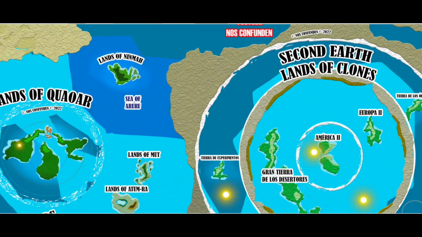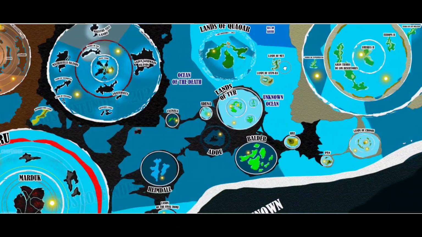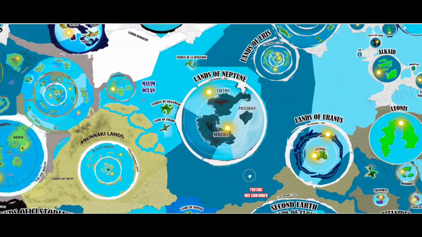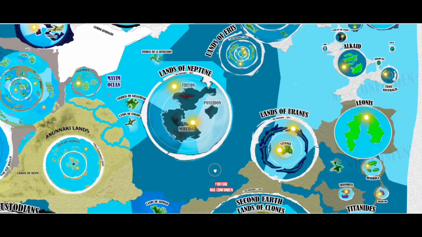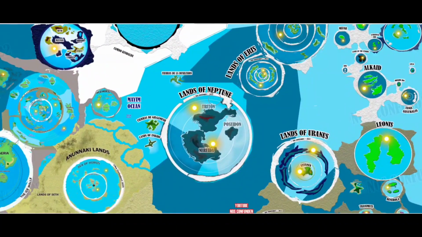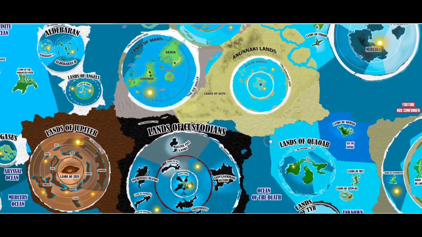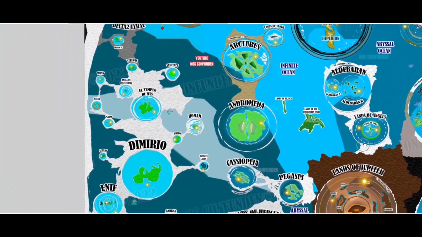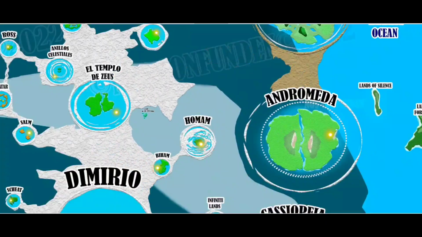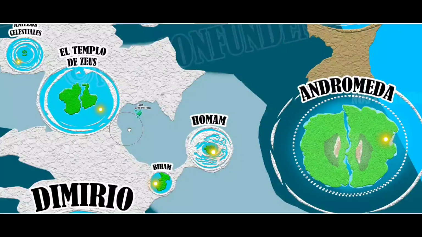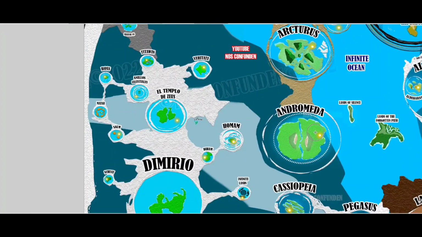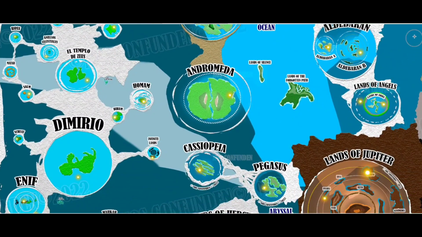This could be the explanation why all the other planes of existence that have to do with the gods seem almost dying. You see these places like the planets of Neptune. I mean, clearly these are supposed to refer to the Greek gods of the ocean, but they're dead looking. What is this red thing here? Same thing with places like the lands of Jupiter. Could it be that the ancient Greek gods just came to the Temple of Zeus, and that's where they decided to spend the rest of their life? Maybe that's the case, or maybe not. Either way,